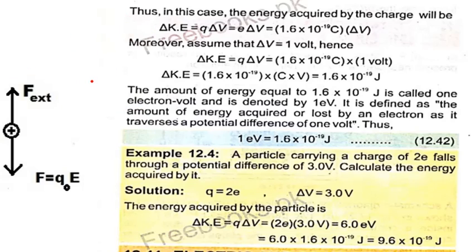From an examination point of view, there are 2 things in this topic. First, the definition of the electron volt, which is written over here. Second, a short question that frequently appears in the past papers, which shows that 1 electron volt equals 1.6 times 10 raised to minus 19 joule. To prove this, we will start writing from here to this line. It has a weightage of 2 marks in the past papers.